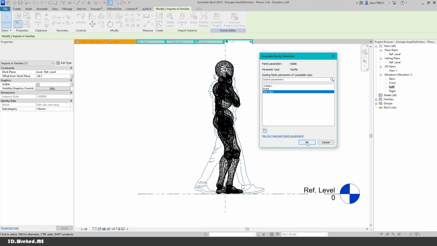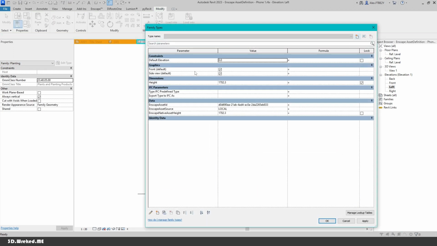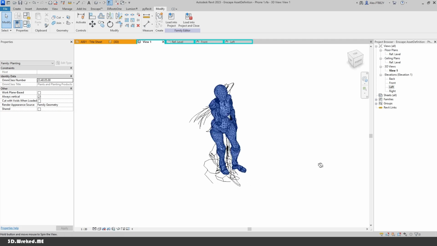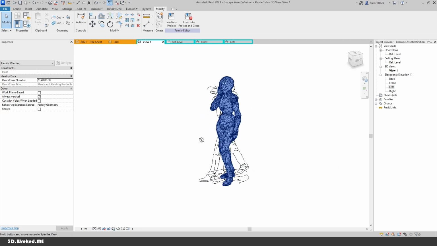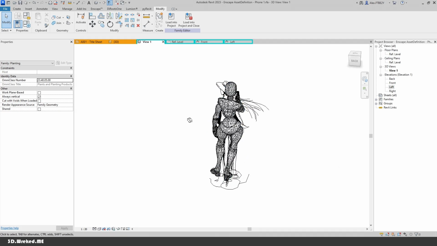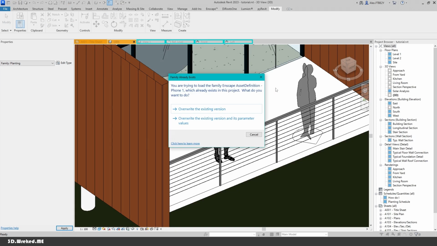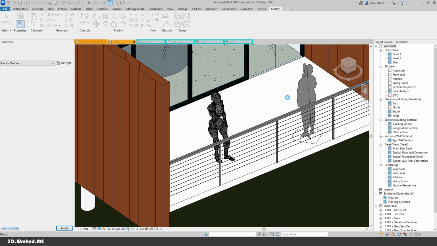And let me see if the front parameter has a, yeah, so it's an instance parameter. That means it's gonna appear on the side instead of going into the editor. It will just appear on the side. Go OK, and if we go to the view, everything should be in place. I'm happy with it. What you want to do is import it into your project, overwrite existing version,